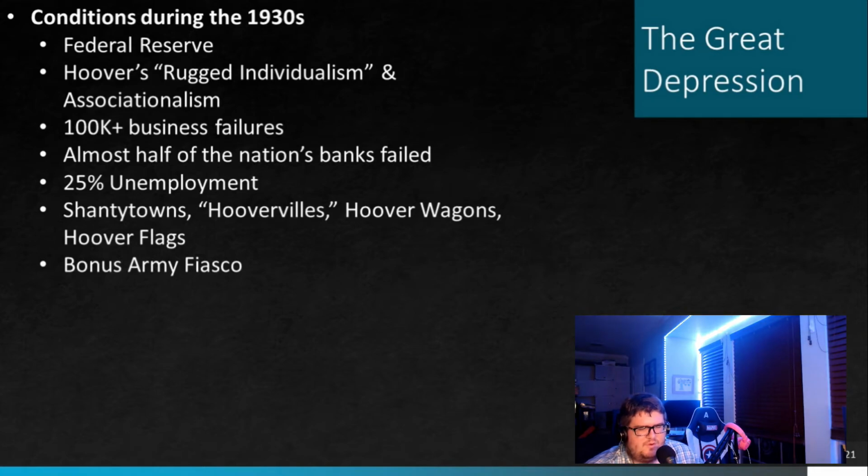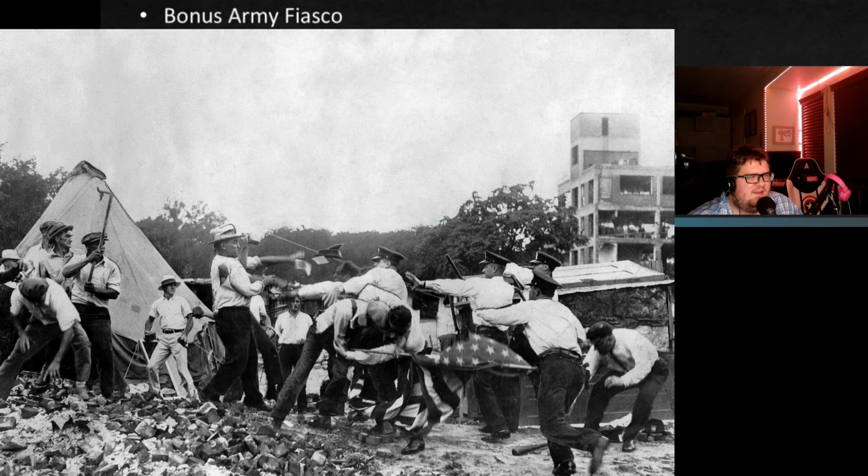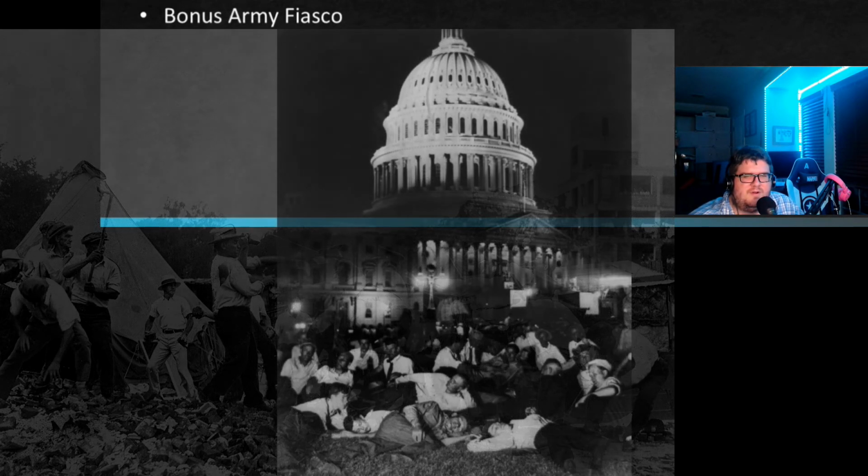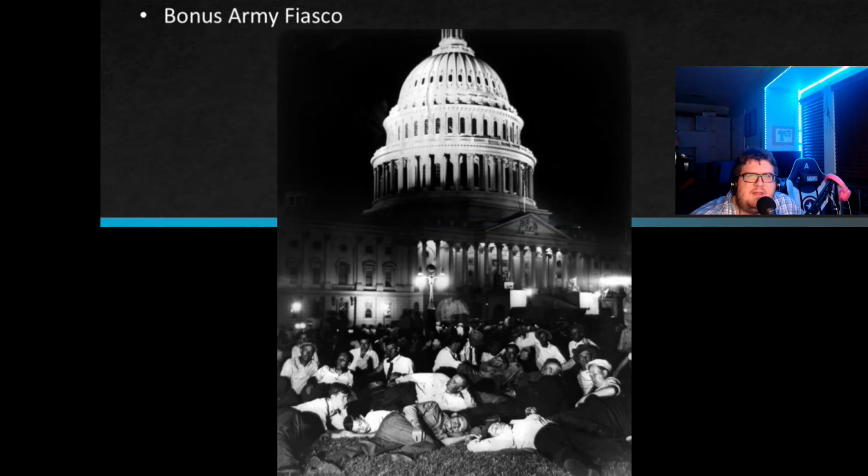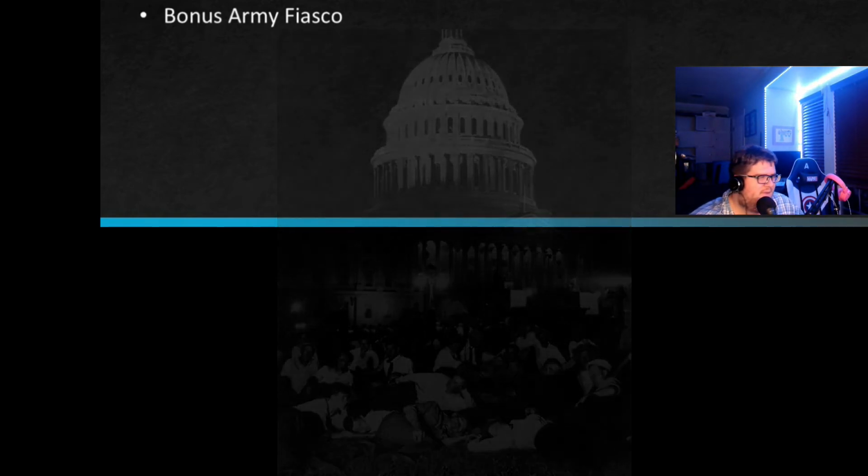We have World War I veterans who march together on Washington, D.C., and they actually pitch a camp out in Washington, D.C. as well, inside of the White House. And the interesting part that goes on here is Hoover's like, man, I don't want that being seen in Washington, D.C. We're supposed to be a country that's on the move, that's doing X, Y, and Z. We're rugged. We're awesome. We're doing all this great stuff. We're going to beat the Depression before other countries can beat it with their nonsensical ways of totalitarianism and communalism.